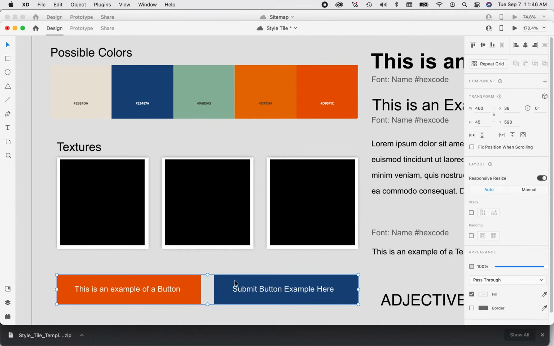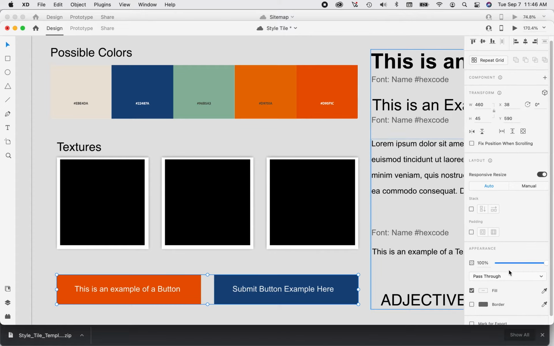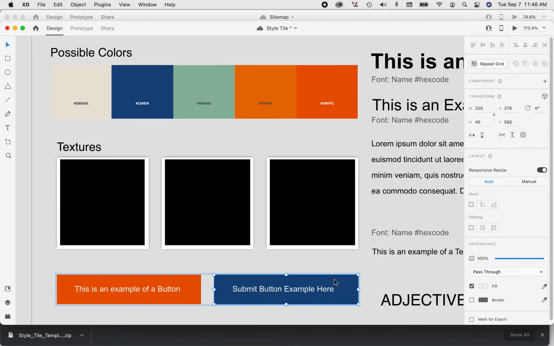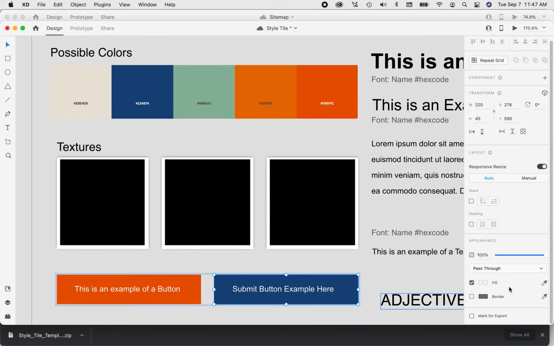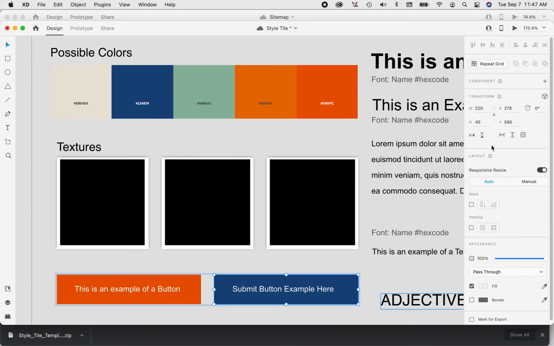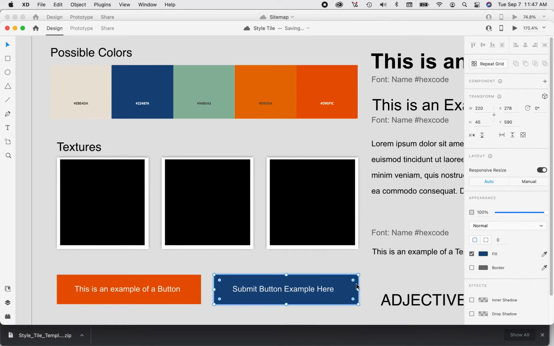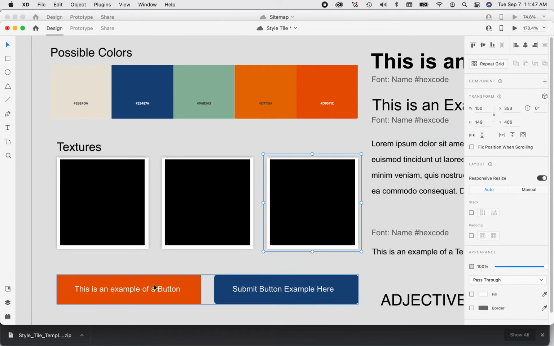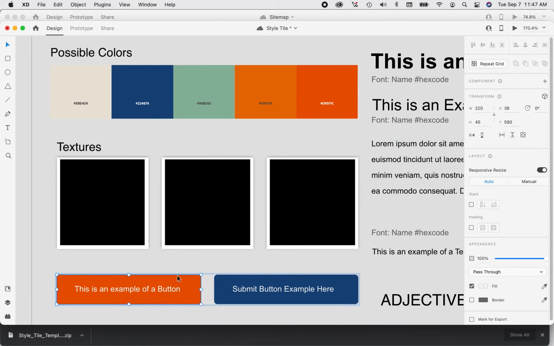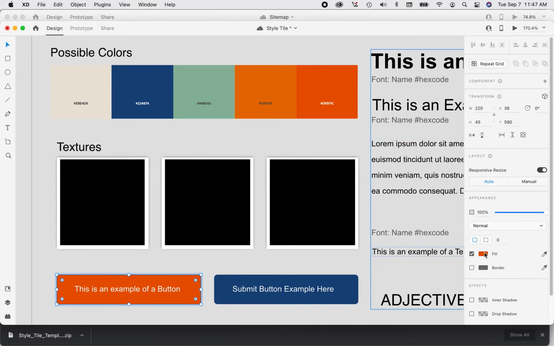Okay. And you know, the other thing I might do here is just put a little bit of border radius on these things. So maybe border radius. There we go. Maybe a 5-pixel border radius just to make it a little bit rounded. I know really straight ones are trendier these days, but we'll take a little bit of the edge off